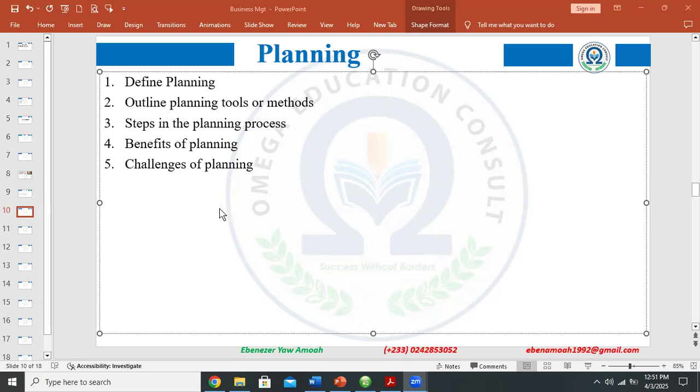So planning is setting the objective or the goal and then developing strategies to achieve the goal you have set. So for example, if I set a goal to get 8 A's in the WASSCE, then I also need to add on the strategies, what am I going to do to get the 8 A's, right? So planning is set the goal, but also develop strategies you are going to use to achieve the set goal. Okay. I think the goal and objectives we are clear.